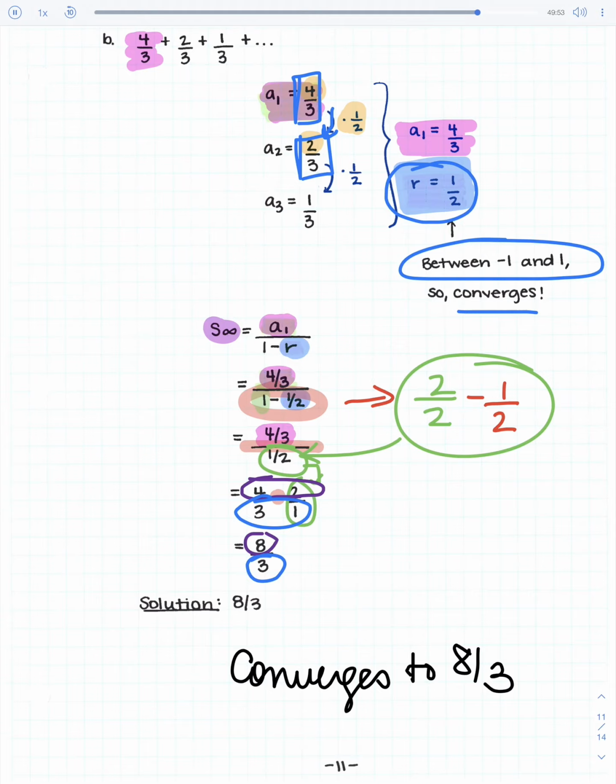Let's take a look at problem C. Problem C is an infinite sum. You can see the dots